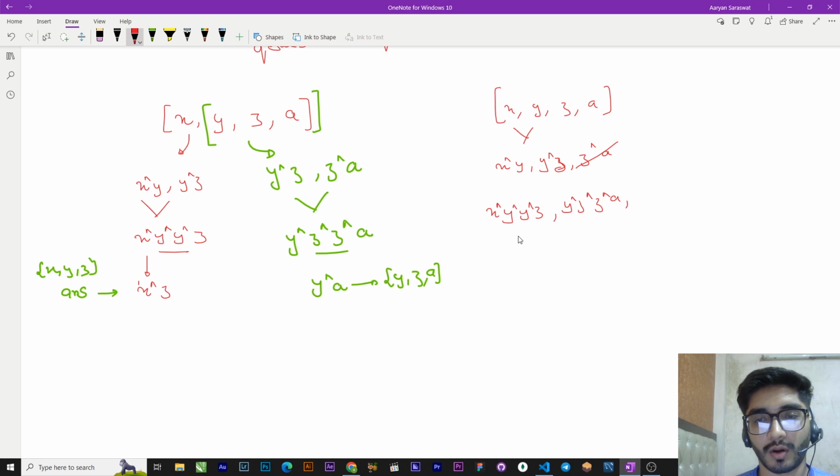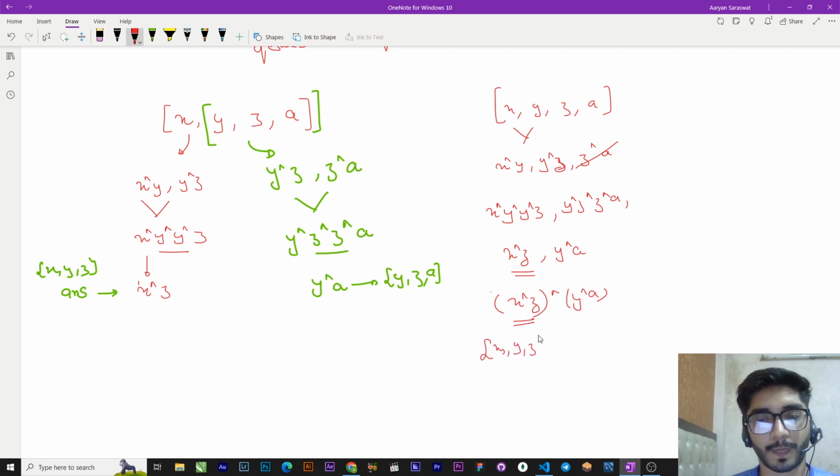Again अगर इन लोगों को हम थोड़ा सा clear करके लिखें तो this is nothing but this and this is nothing but this. अब अगर हम यहाँ पर देख रहे हैं तो is this nothing but same यार, कि ये x y, दो final answer मेरा बनेगा, then this would be this, and इसके अंदर मुझे समझ में आ रहा है कि this is nothing but my answer for this